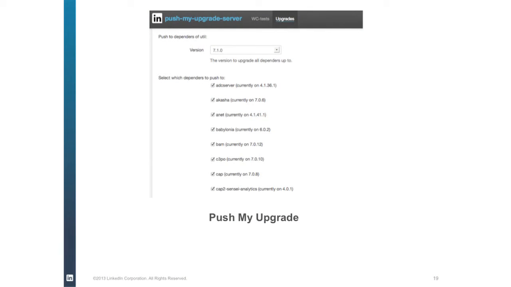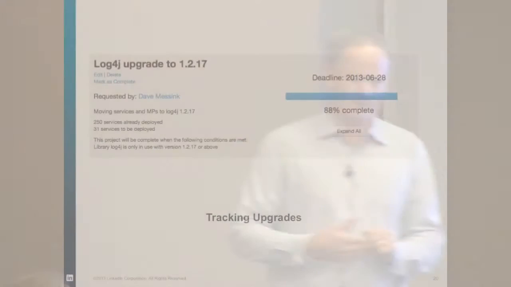So one thing we've been working on, and this is still not completely pushed out, is the ability to push. In version management, you have two different modes. You can push or you can pull. Producers can push their code changes or their new versions, or consumers can pull in new versions. So we have a tool that lets you push your code into your consumers at specific versions.